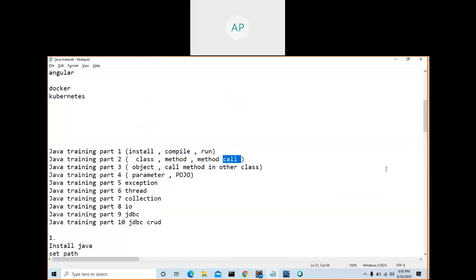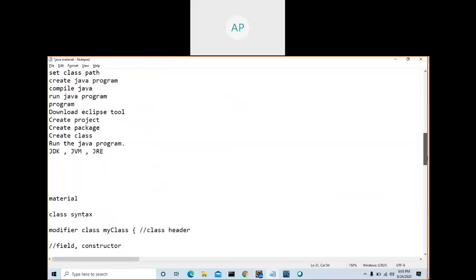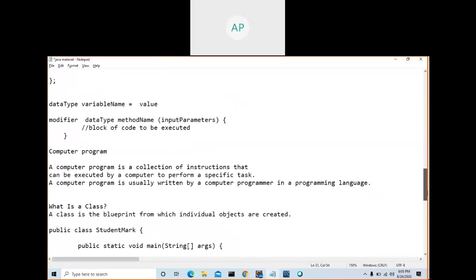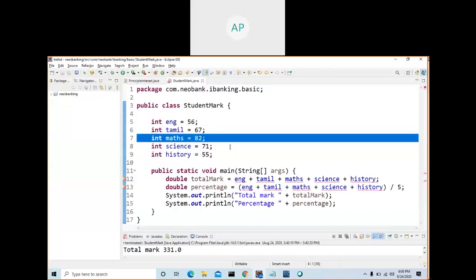On the other day, during our Java training part 1, we saw what a computer program is. A computer program is a collection of instructions that can be executed by the computer to perform a specific task. A computer program is usually written by a computer programmer in a programming language. So a program contains the instructions which will be executed by our computer.